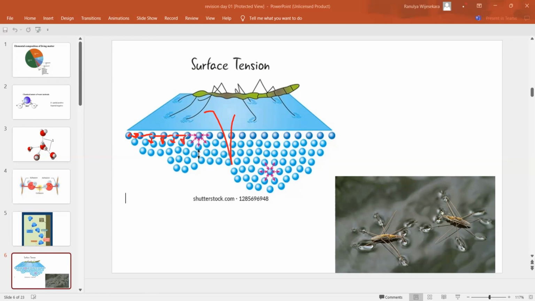So due to this, water has a high surface tension, right? There are cohesion forces between water molecules, right? So in an aquatic system, upper surface water molecules are attracted by the lower surface molecules. So here water acts as a thin film, right? So small organisms such as water skaters can walk on the surface of this aquatic system or water or a